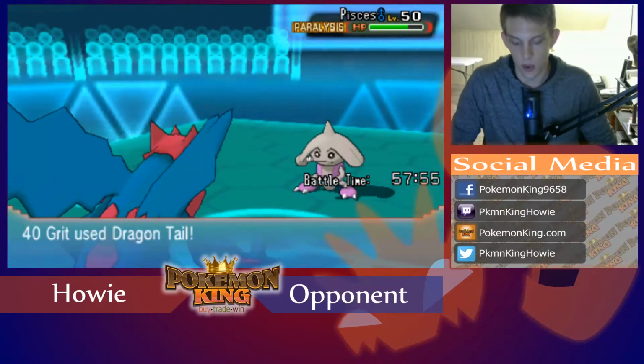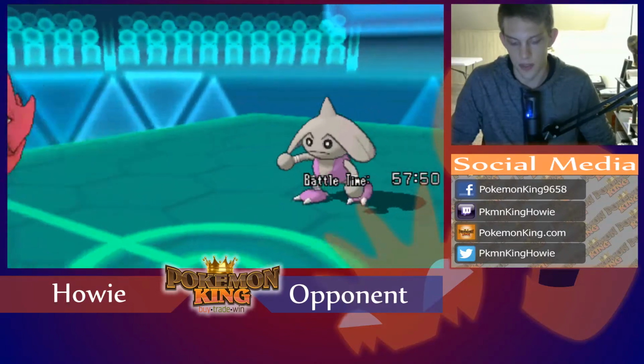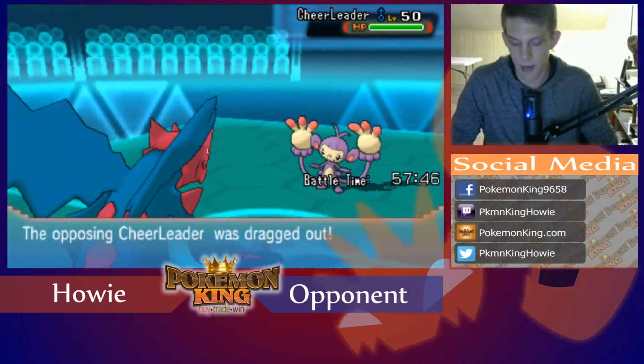He gets a quarter of his health gone from the Rocky Helmet and the Rough Skin, and now he's going to be forced to switch out. So he's already down to half health, even though all he took was a Dragon Tail on that turn. The Ambipom does come back out,